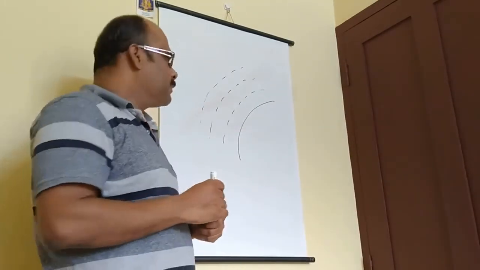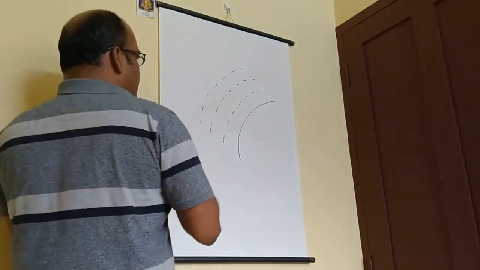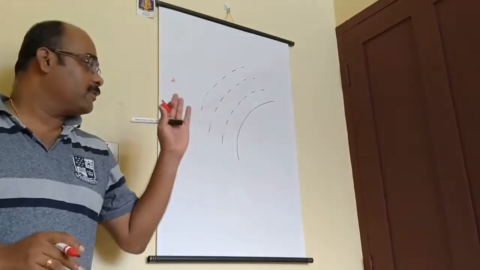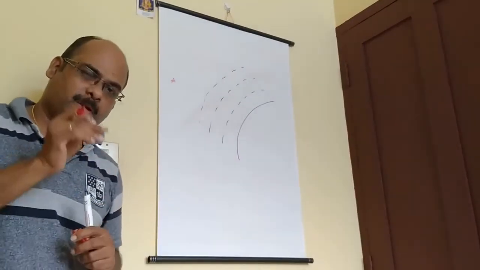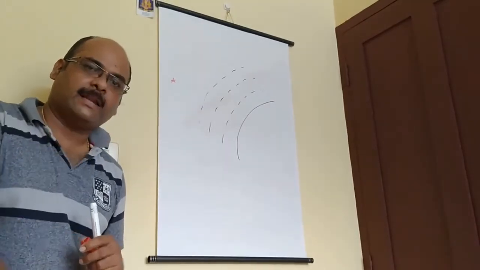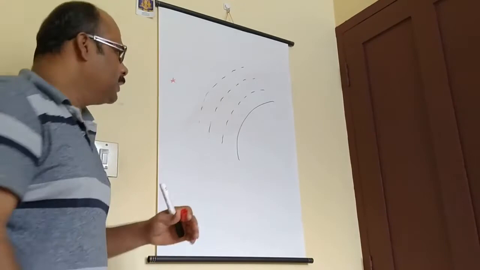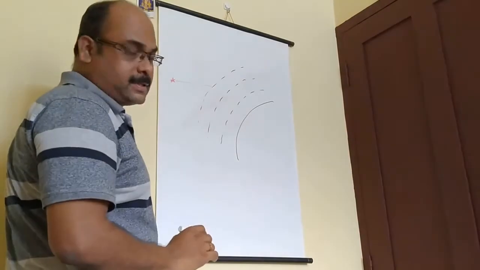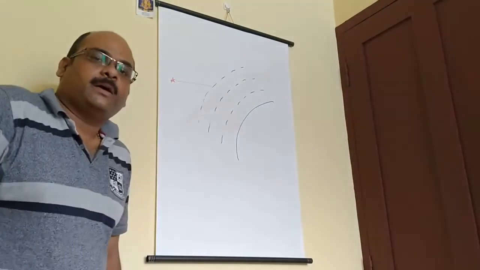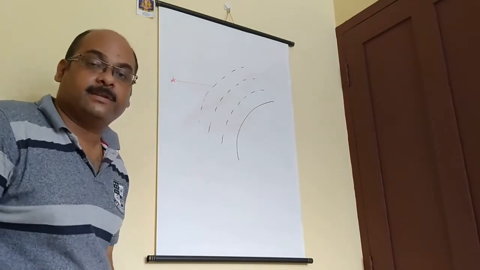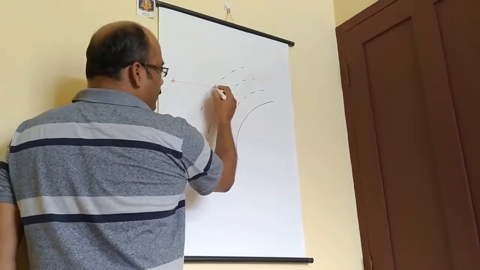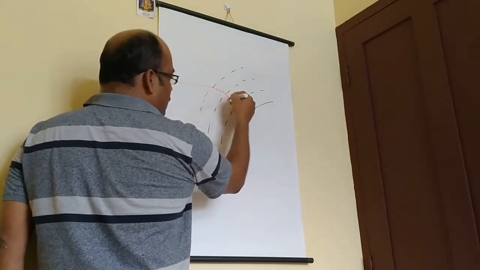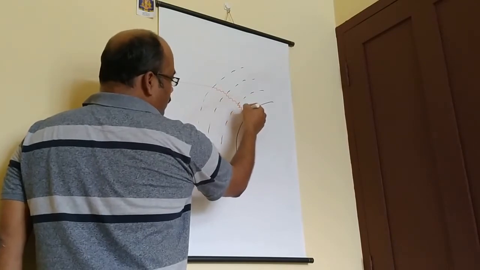Now when a beam of light comes from a star, star is here and the star is very far away from us. Okay, so only a pinpoint size of light comes to the earth. Okay, so when it enters, it is coming like this. When it enters the earth's surface, again different layers of the atmosphere have different refractive index. So due to that it will bend, and at the same time it will follow a zigzag pathway also. Okay, and it will bend, and in that way it reaches your eyes.